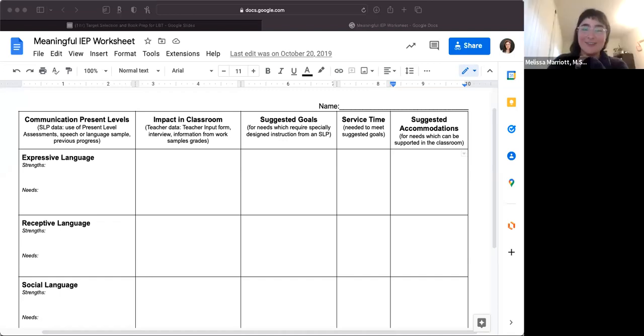Please do. Awesome. So just out of curiosity, you mentioned the amount of service time or the amount of minutes based off of the goals. I'm in the process of writing my first IEP, my internship for SLP, and I'm sure my mentor will help me with this, but is there a formula to figure out how many minutes based off of goals or is